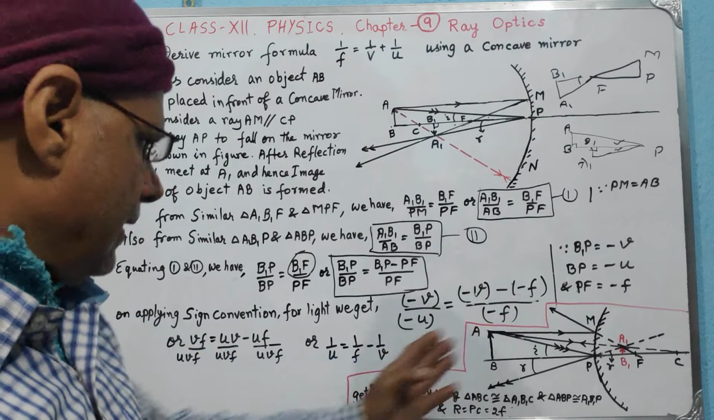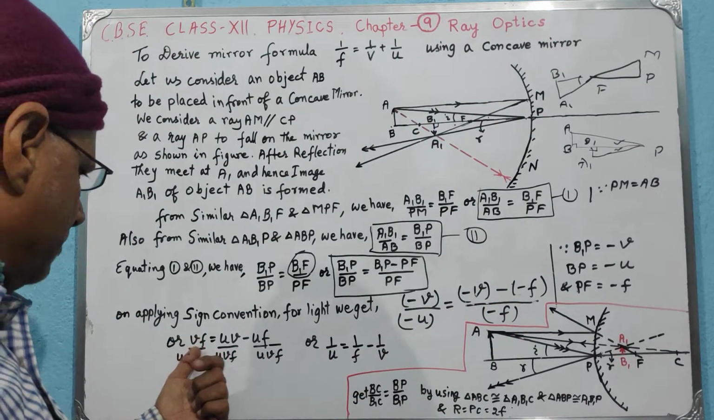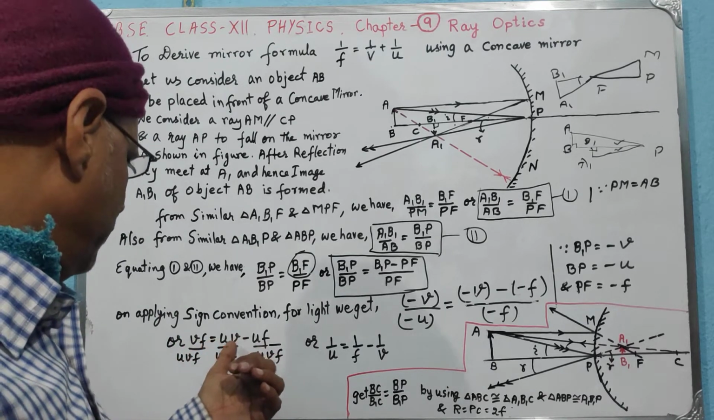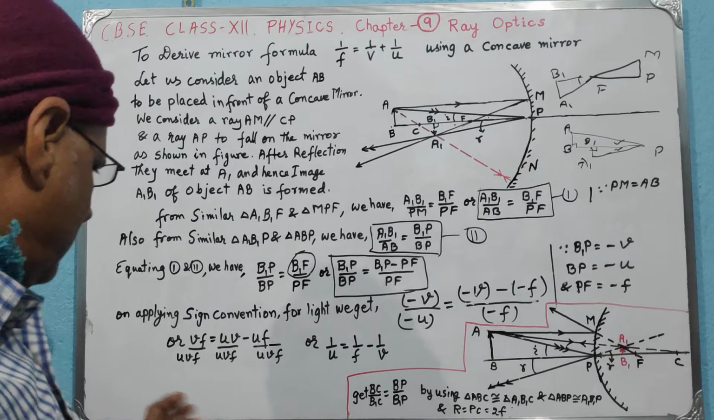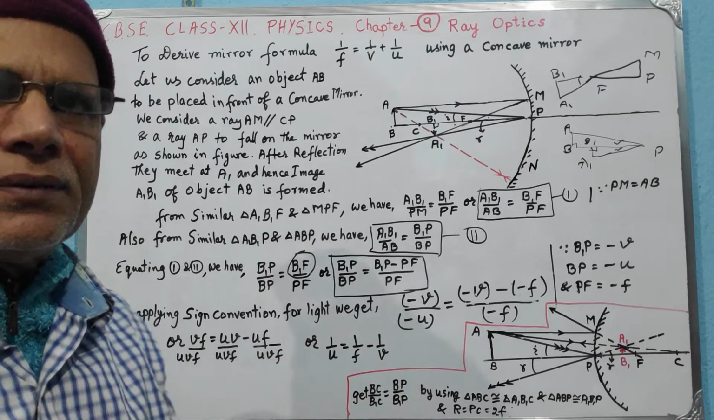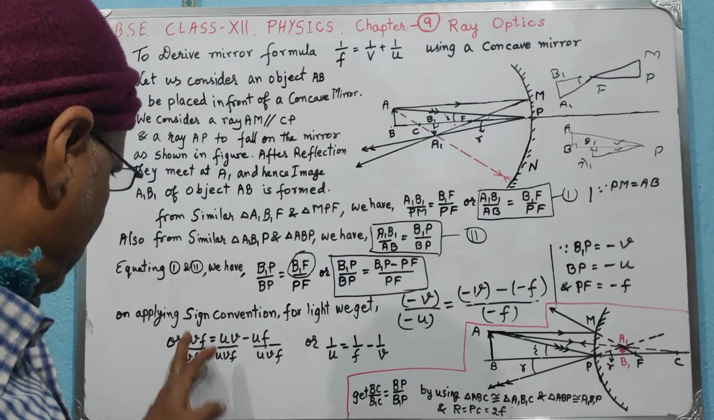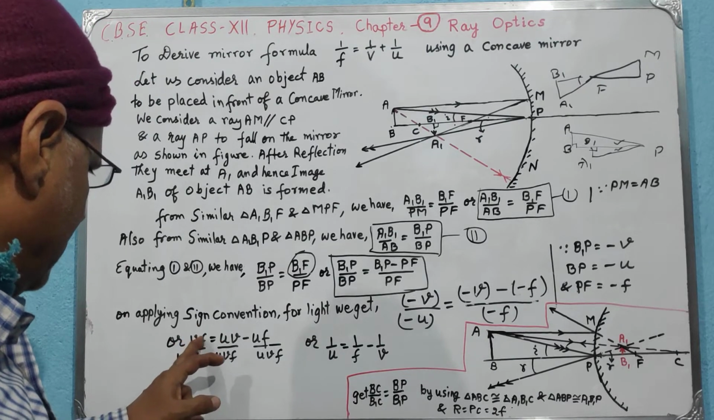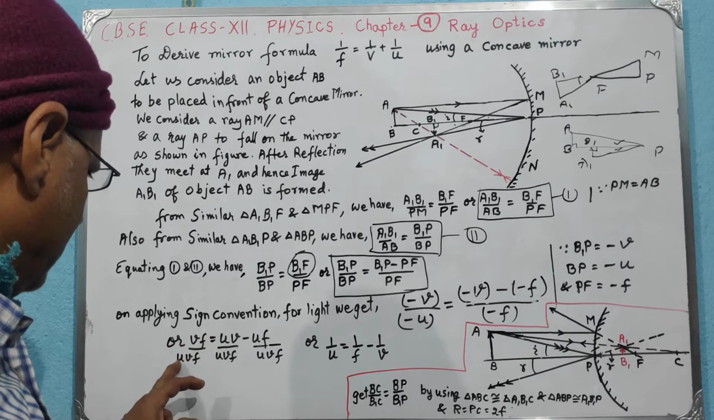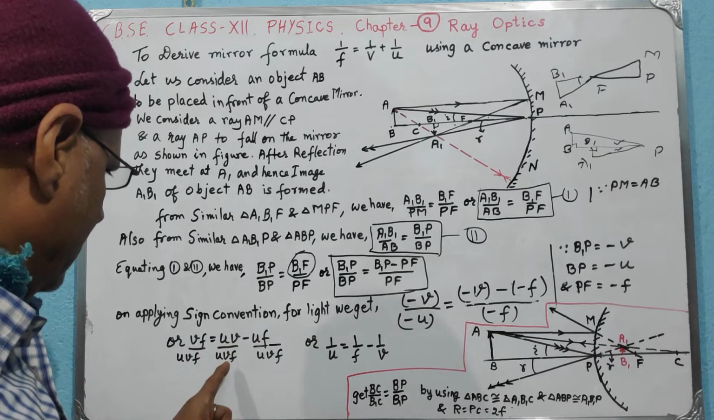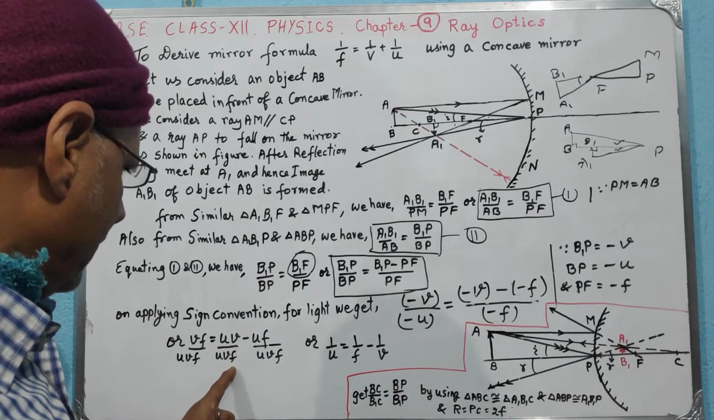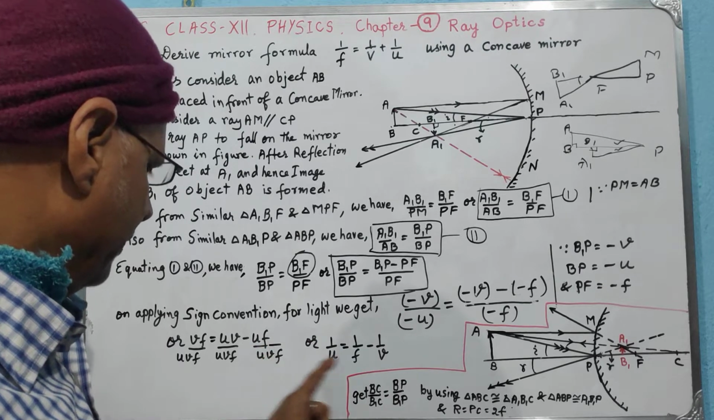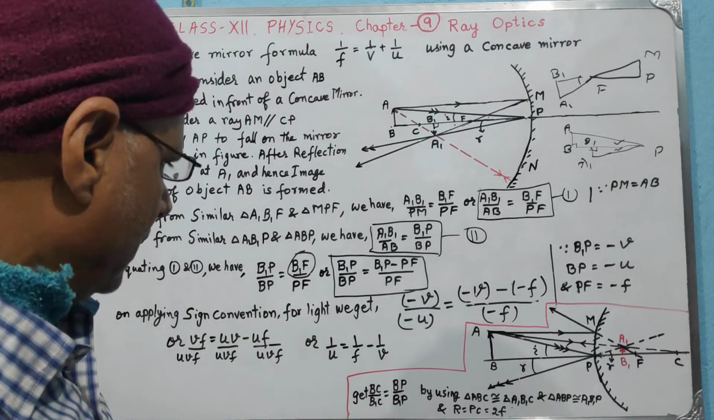You get this equation, and when you solve it, you get something in the numerator. That means VF equals UV minus UF. If we divide both sides by UVF, on cancelling the factors which are common in numerator and denominator, here VF is cancelled, so you get 1 upon U. Here UV is cancelled, so you are left with 1 by F, and here UF is cancelled, so you are left with minus 1 by V. Now you got this relation,